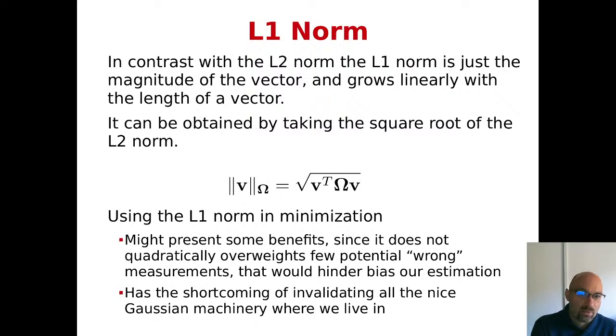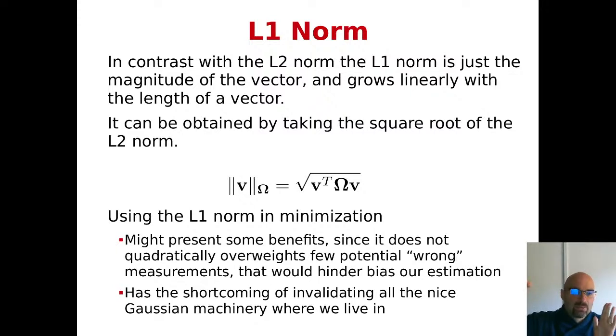There's another norm which is called the L1 norm, which is nothing else than the square root of the omega norm. Before you had a 2 here, now you don't have a 2. If you remove the 2, then you take the root of the L2 norm and you have the L1 norm. The benefit of the L1 norm is that it doesn't overweight quadratically. If I have one point which is much more wrong than the others, this one error will drag my solution a lot because it has a quadratic strength,